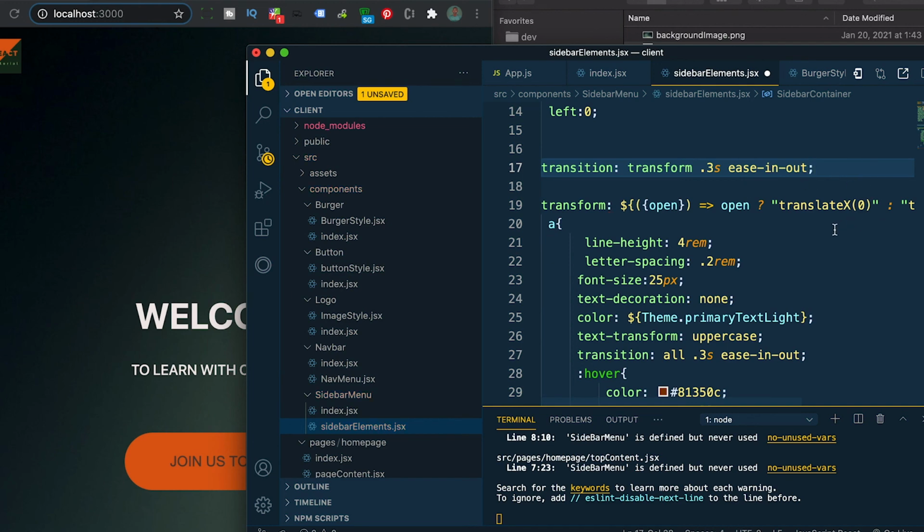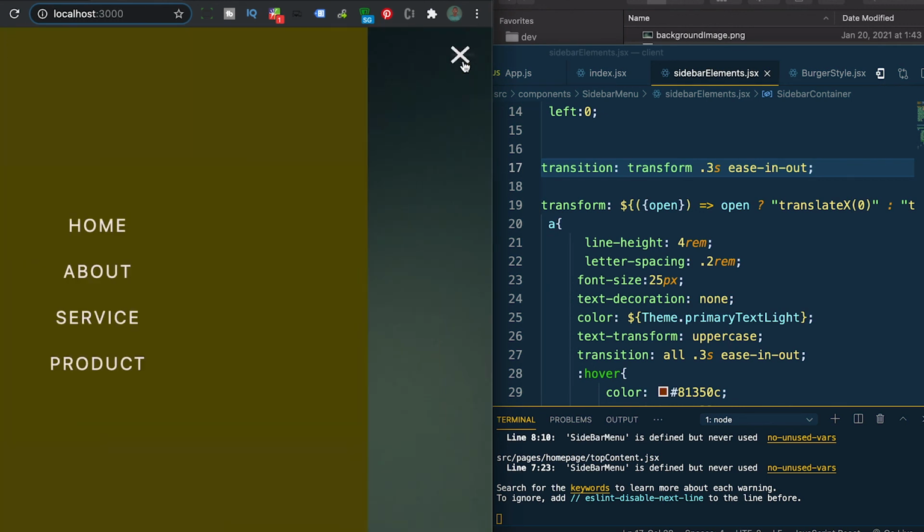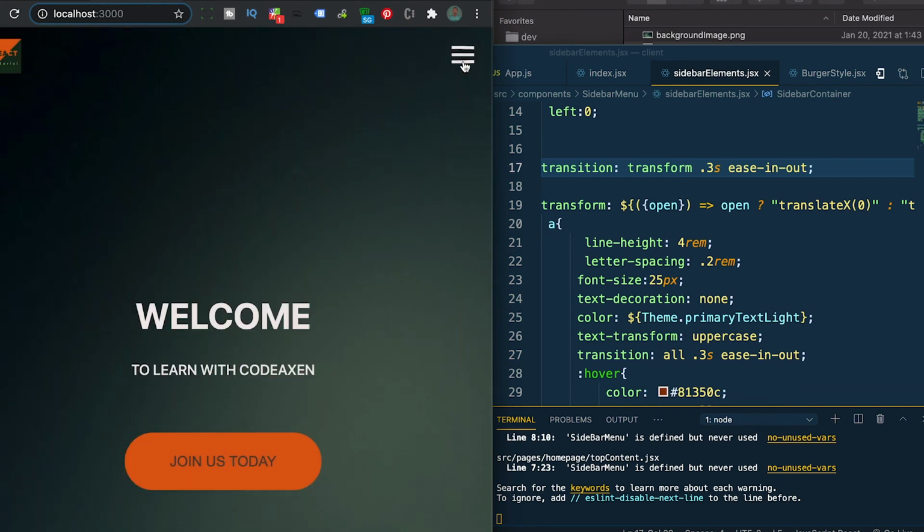Okay, let's save. If you refresh, good. So our page is working as expected, but then we need to add this button here,